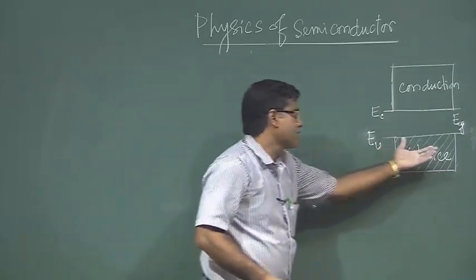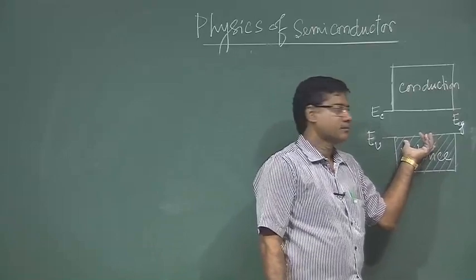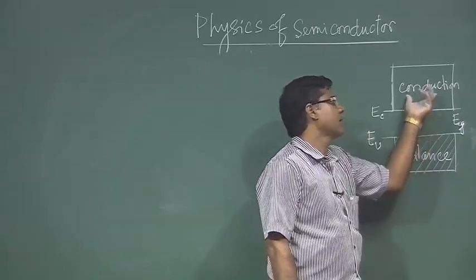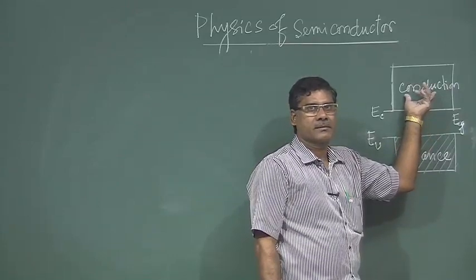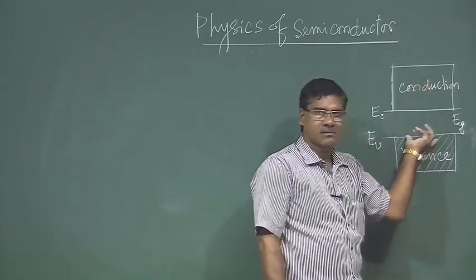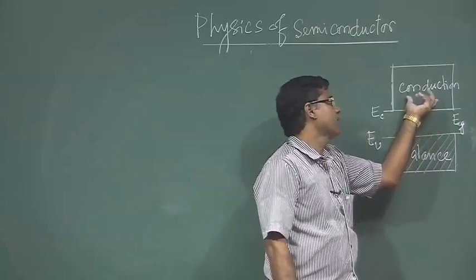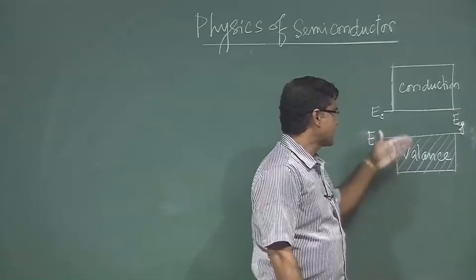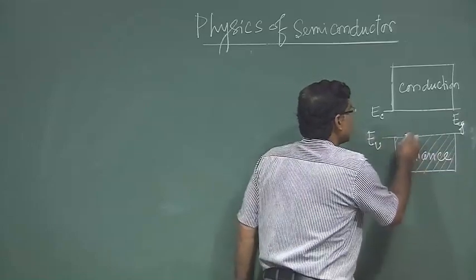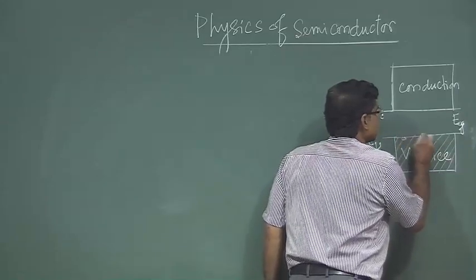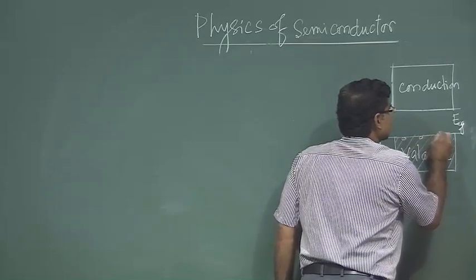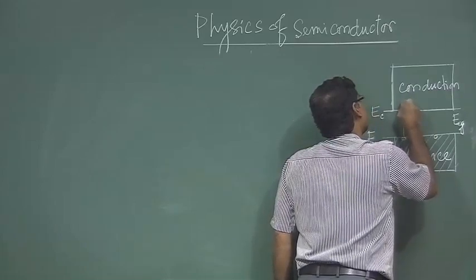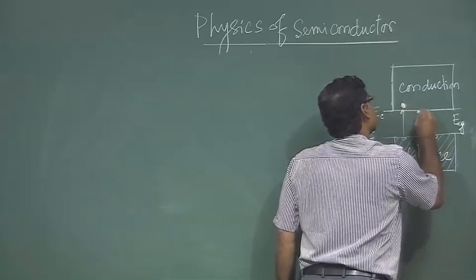So, some electrons will be excited from the valence band and will go to the conduction band, right. Then there will be a vacancy here and it will be partially filled, right. So, whatever electrons are there, electrons will go here,